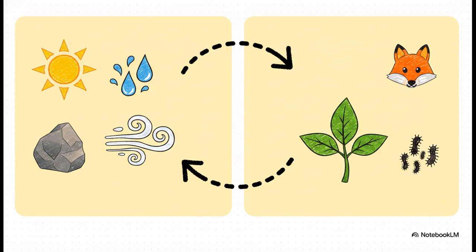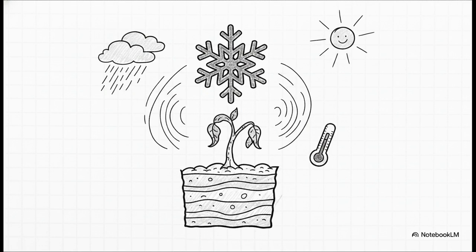And this engine runs on 2 parallel tracks. We've got abiotic components, the inorganic, non-living parts of the world. And we have biotic components, the living organisms like plants, animals, and microbes. Both of these are absolutely crucial to make the whole thing work. Let's break down the abiotic side first. These factors are basically the non-negotiable house rules. We're talking energy from the sun, rainfall, temperature, the atmosphere, the substratum like soil or land, and all those basic materials. They literally determine where and how well an organism can exist.